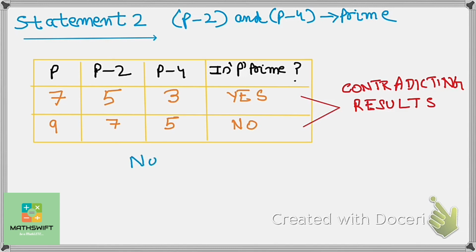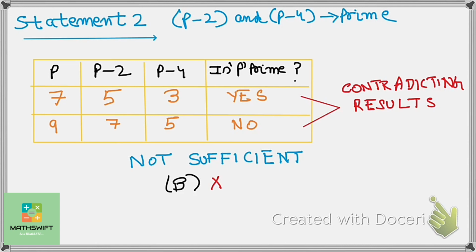So we can safely say that even statement 2 is not sufficient, and hence we can get rid of option B as well. Now having done away with options A, B and D, we are left with options C and E. If you have reached till here, you have managed to level out the odds quite a bit. So even if you were to make a guess here, you stand a 50% chance of hitting the correct option.